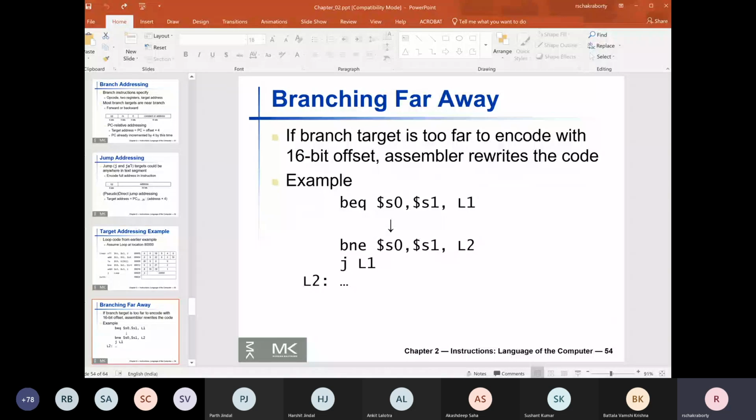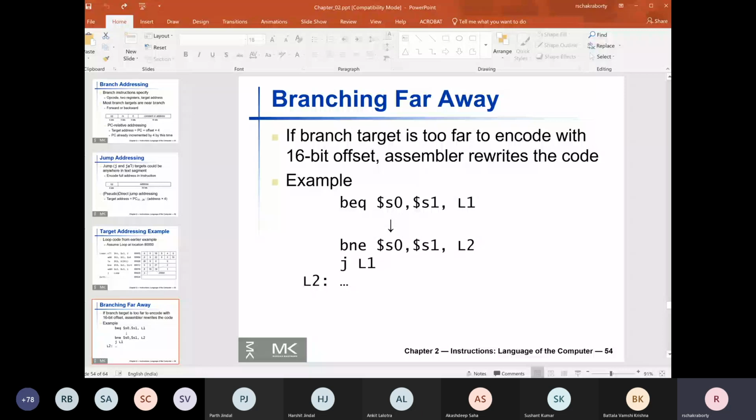Suppose your program is extremely long and suppose the assembler sees an instruction BQ $S0 $S1 L1. The problem with text labels like L1 is that the user doesn't care how far the branch target address is, or whether it can be encoded in 16 bits.